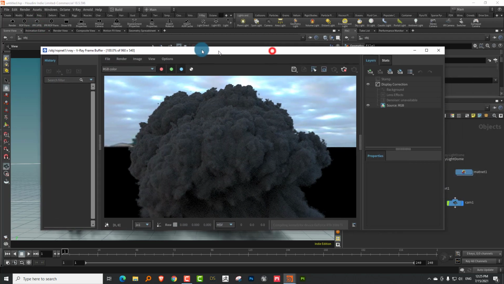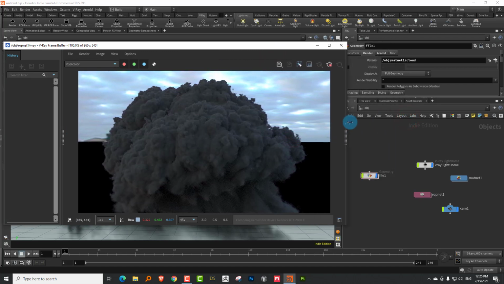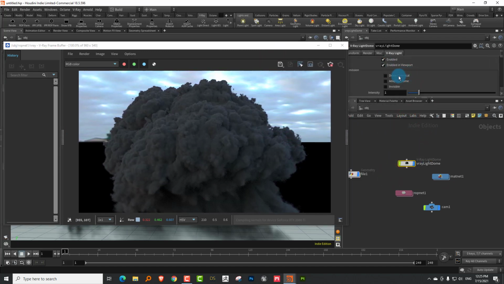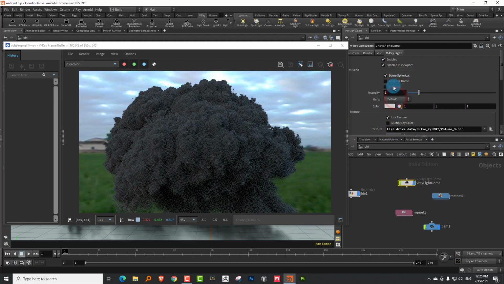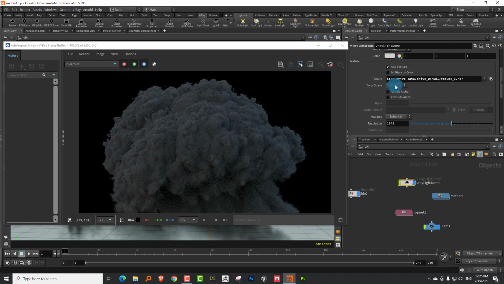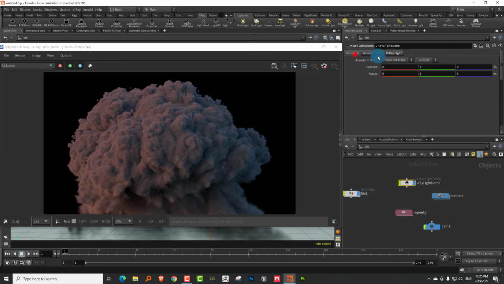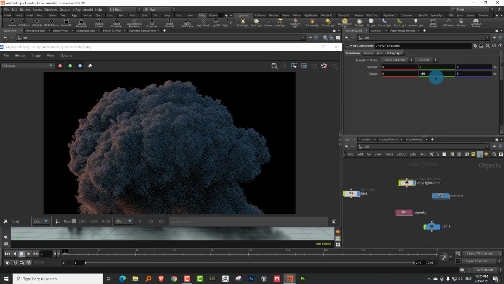Yeah, there we go. I want to make a few changes to this. First of all, let's come into the light dome. We'll make it spherical and I'll also make it invisible. That is the first thing. The second is you can change the color space to sRGB. It modifies the gamma, so it gives you better contrast. I'll rotate it to about -50. No, let's try -40, so it comes in from the edge. It looks a little better.